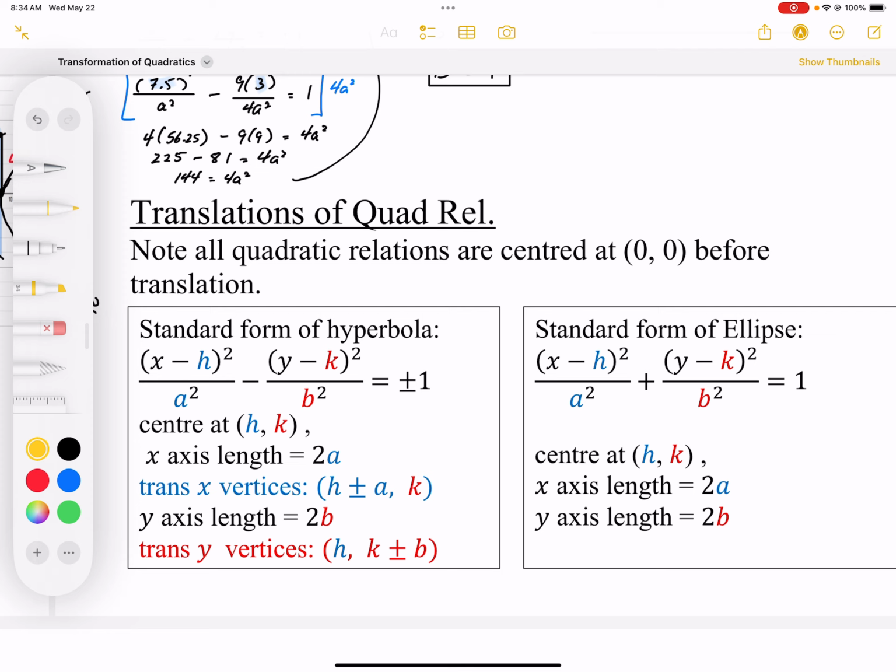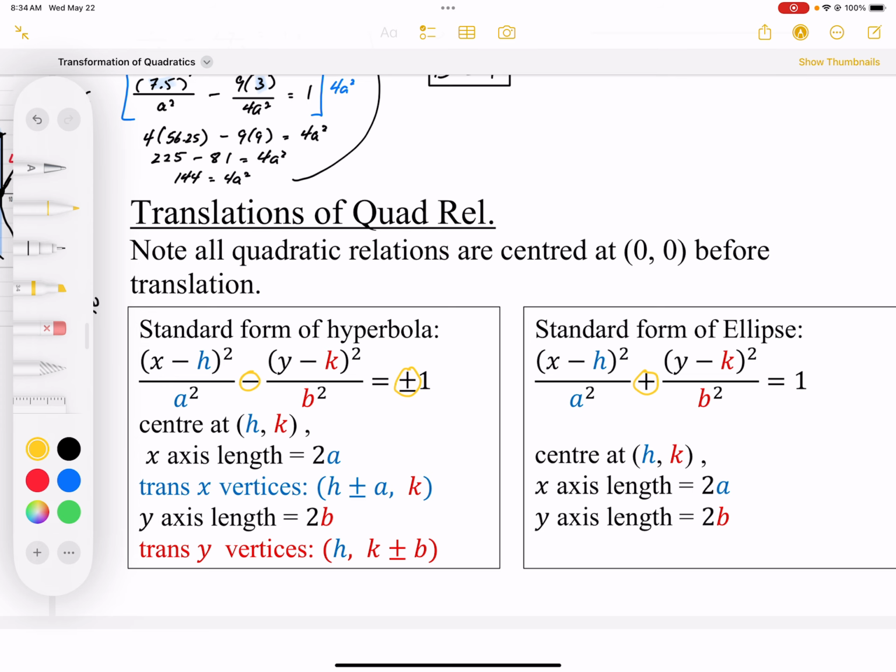To translate quadratic relations, we're going to use the standard form of the ellipse and the standard form of the hyperbola. The standard forms look the same for both. Just note the differences here. The hyperbola has a minus, whereas the standard form of the ellipse has a plus between the quadratic terms of x squared and y squared, and it's always equal